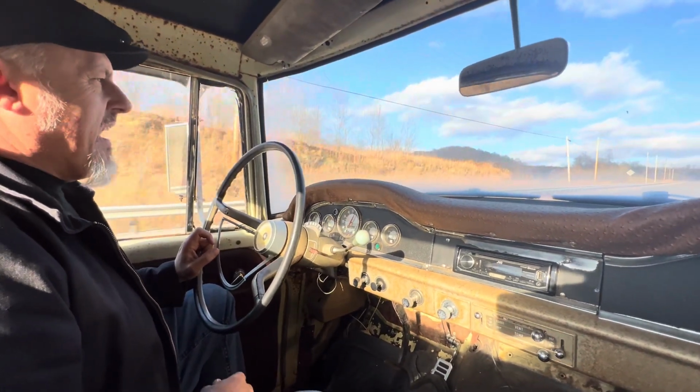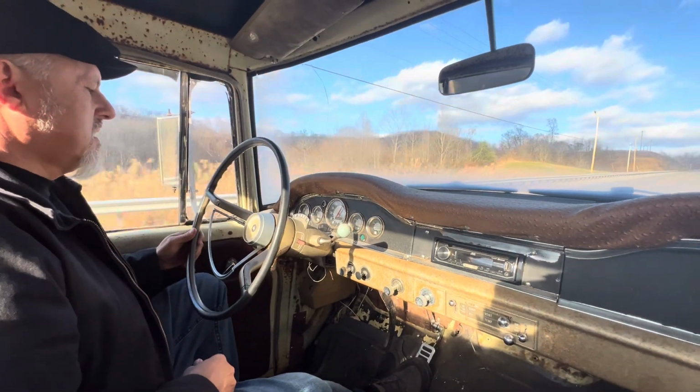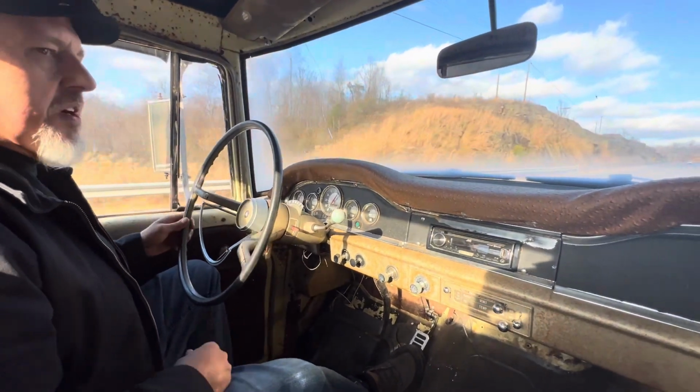We're running 60 miles an hour, and I'm at quarter throttle. See the steering, super easy. It's got a fuel tank built in the bed, kind of a fuel cell type deal, but it's cool. It goes with the truck. We'll show